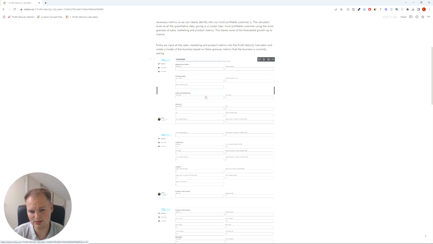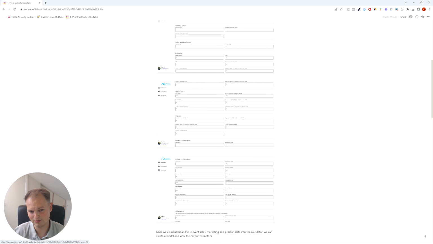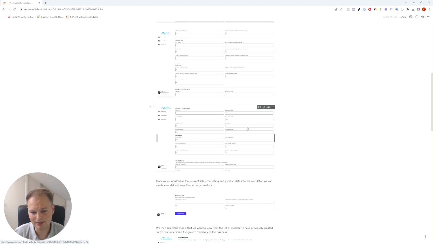So we track metrics such as the starting state, cash in the bank, current customer count, the upfront investment cost to get this growth plan up off the ground, sales and marketing metrics like the cost to sell, the salesperson's commission, the sales cycle length, the time to sell, inbound metrics, media spend, CPM, funnel conversion rates, outbound metrics, your sales development rep salary, the number of contacts that they reach out to per month, the conversion rates on them, the organic metrics such as organic views per month and the conversion rate from view to lead and lead to customer, the time to market,